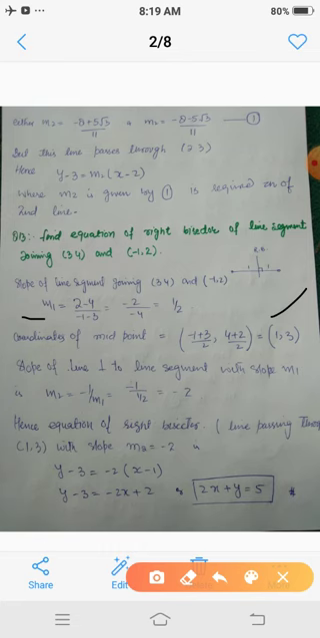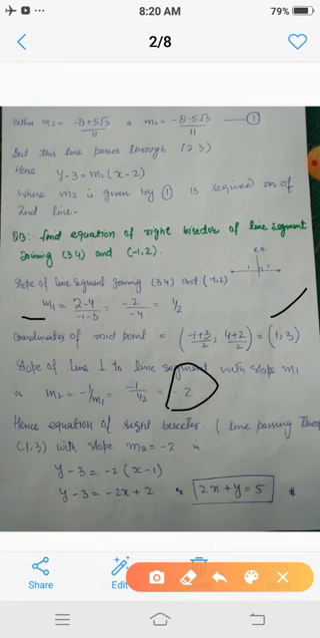Now the slope of the line which is perpendicular to this line segment, whose slope is 1 upon 2, is given by m2 equals minus 1 upon m1, equals simply minus 2. So the slope of that line which is perpendicular to this very line is minus 2. Now if this perpendicular passes through the midpoint, that is (1, 3), then it